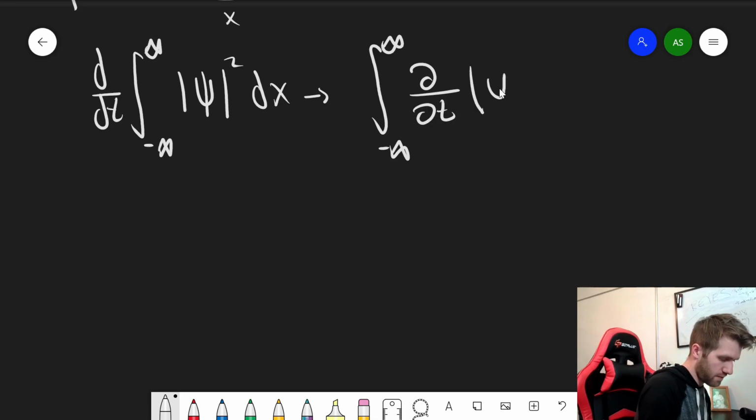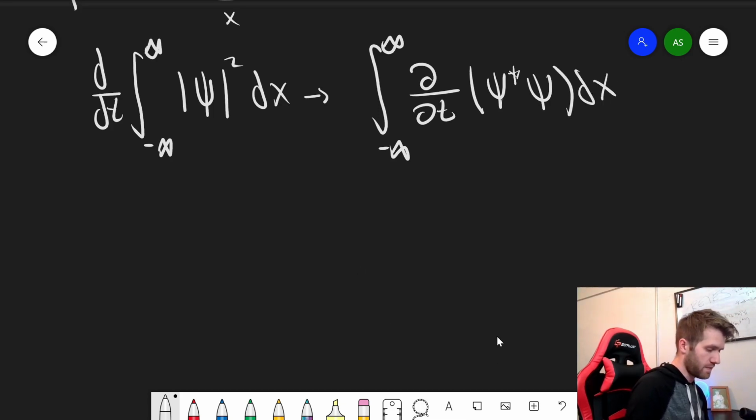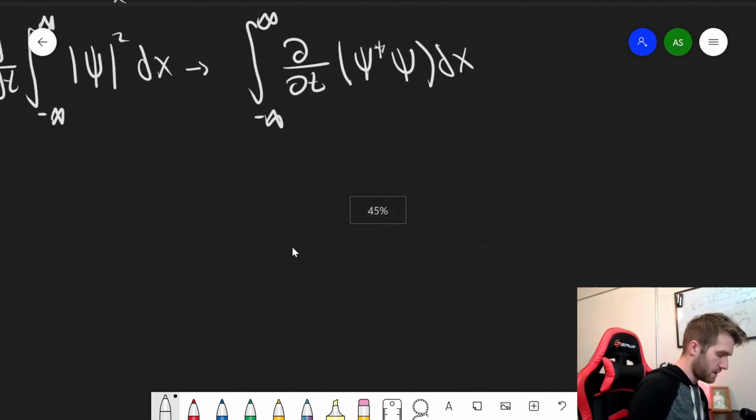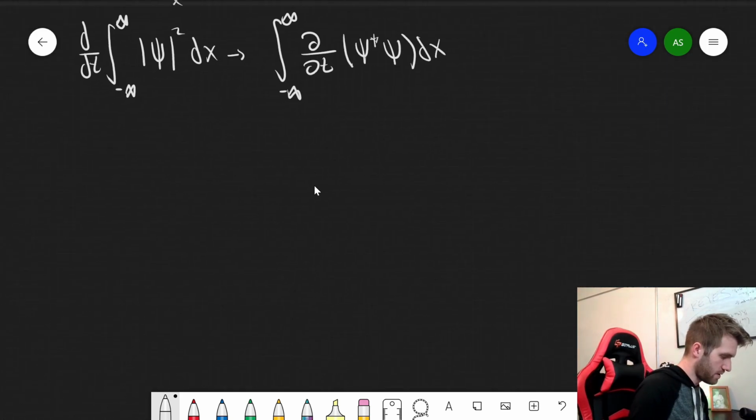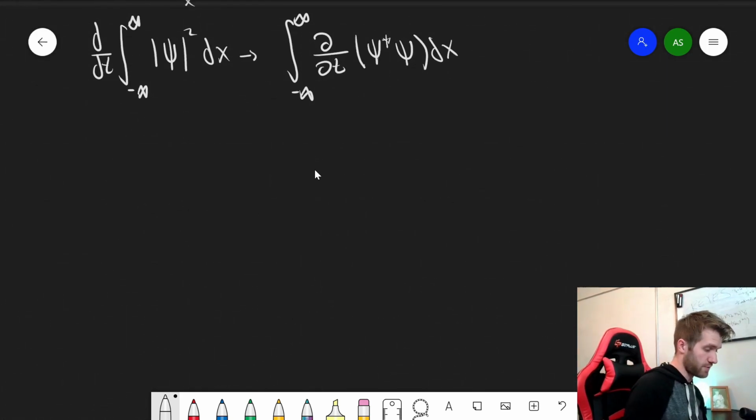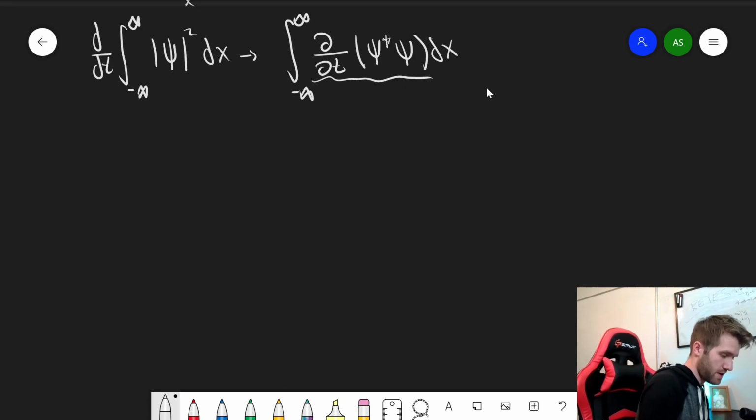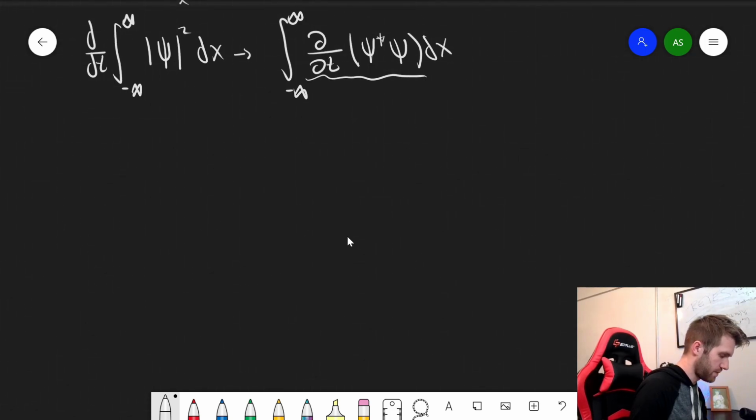And we're going to have psi conjugate times psi with respect to x. Okay, so what can we do here? Well, let's just do product rule, right? And I'm just going to focus on the integrand here, and then I'll put the integral back later. So what we're going to have now is partial d psi